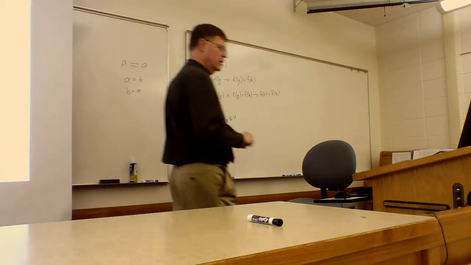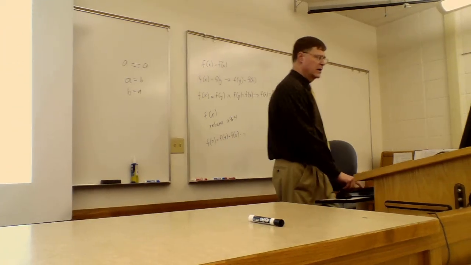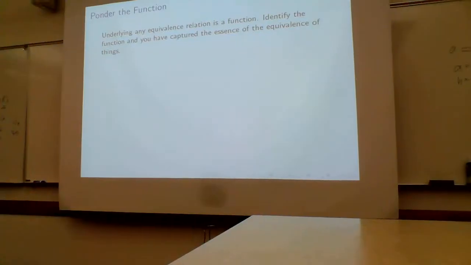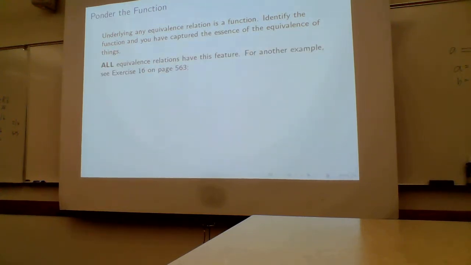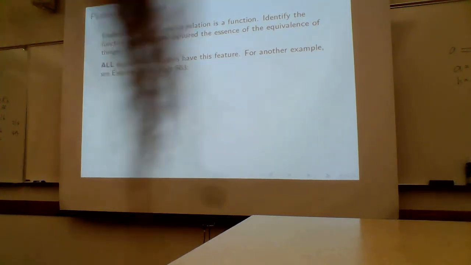Well, here's the key point. This works for any equivalence relation. If you identify this underlying function, you have captured the essence of the equivalence of things mod 4. And any and all equivalence relations have this feature. So exercise 16 is another good example. I didn't assign that one, but